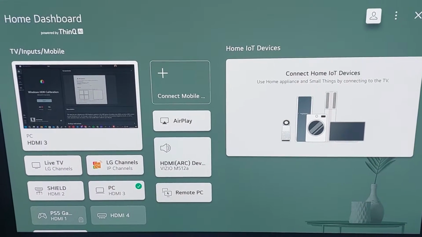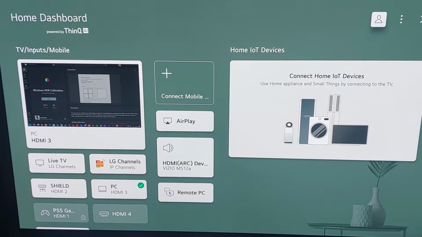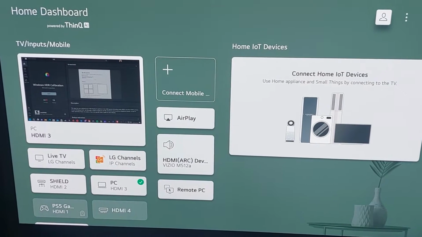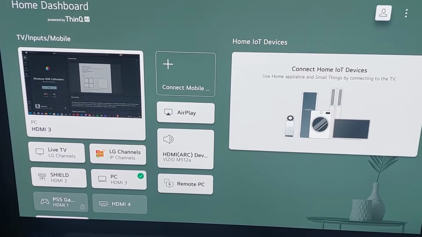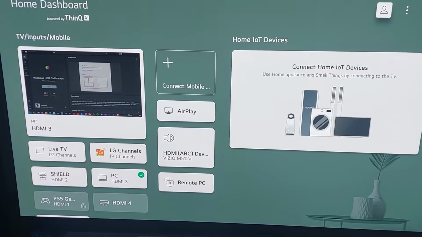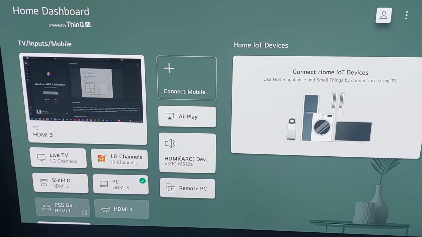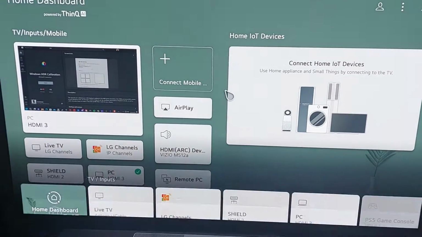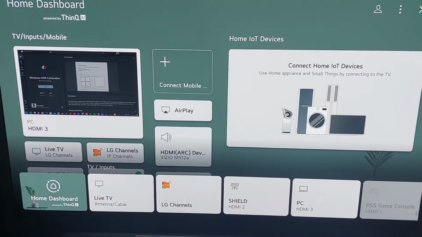So this is going to be my video on the LG C2 OLED when it comes to PC gaming: 4K, 120Hz, VRR, how to set up HDR, Auto HDR, the Windows 11 HDR Calibration tool, and all that jazz. So first, we just want to access the home dashboard. How do we get to that? We go to our inputs, and we just want to select the home dashboard